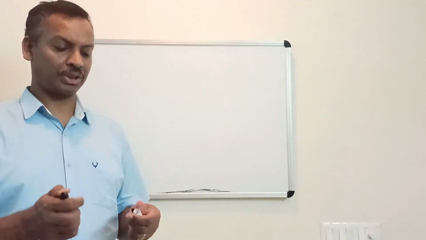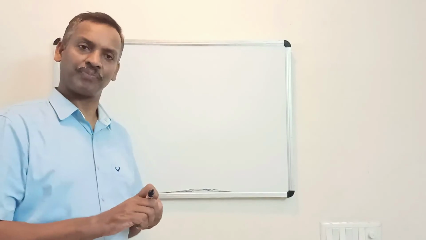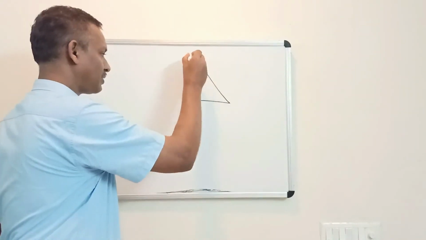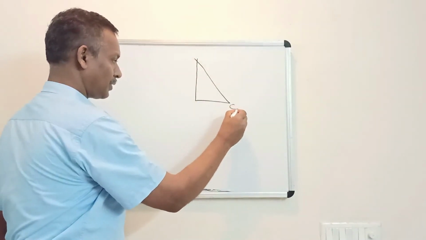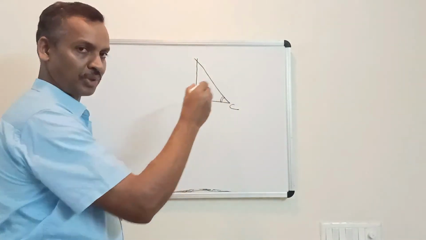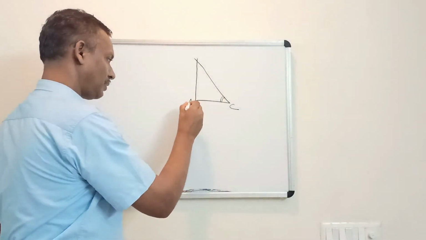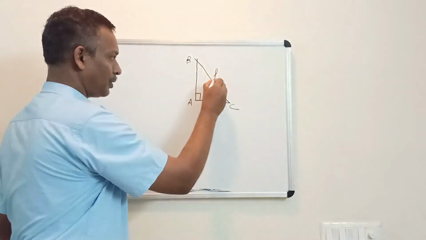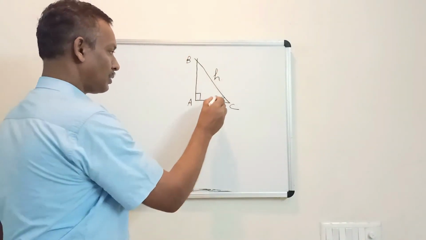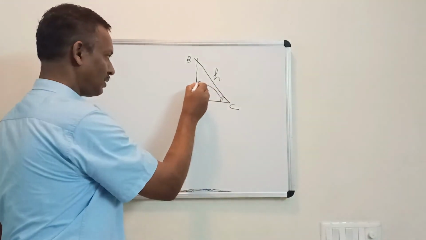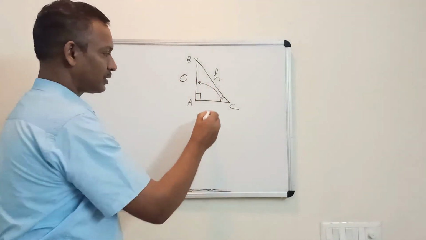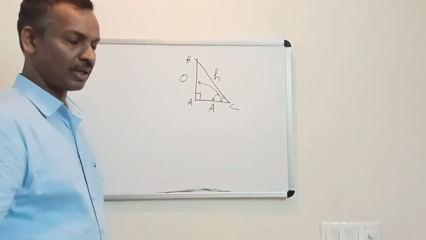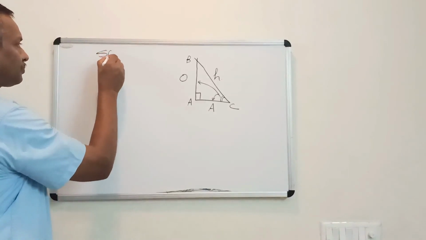Let's move to the relationship between these ratios. We know this is a right triangle. Now I change the reference angle to C. Okay, let this be the reference angle. The acute angle is this. This is A. This is B. And first we have to name the hypotenuse. This is hypotenuse. The side opposite to this reference angle is taken as opposite. The side adjacent to the reference angle is taken as adjacent. And use this SOHCAHTOA